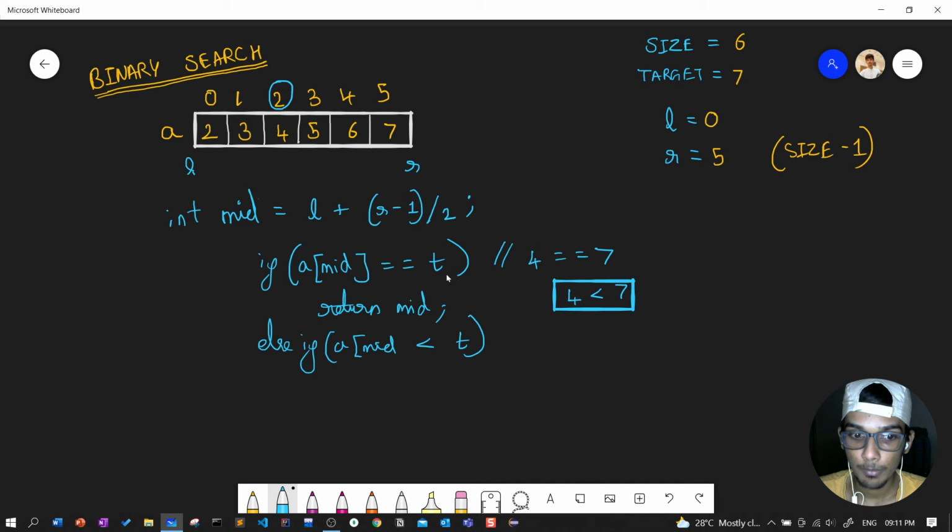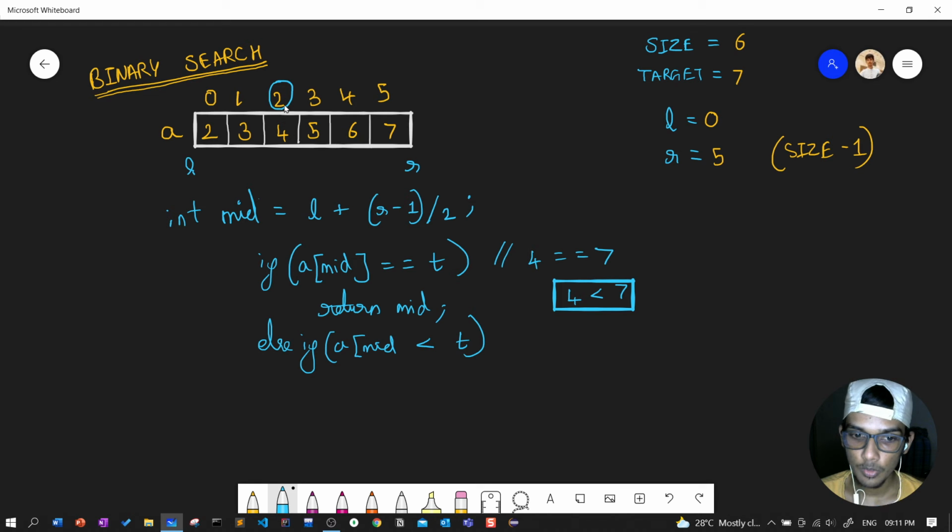That means the element is not present before mid, so it is after mid, because the array of mid element is 4 and 7 will not be lesser than 4, it will be greater. Now we restrict this part, because this index doesn't hold the element 7.